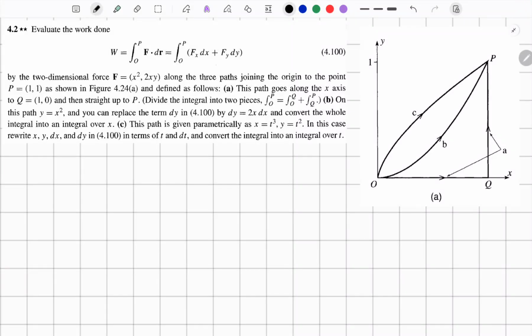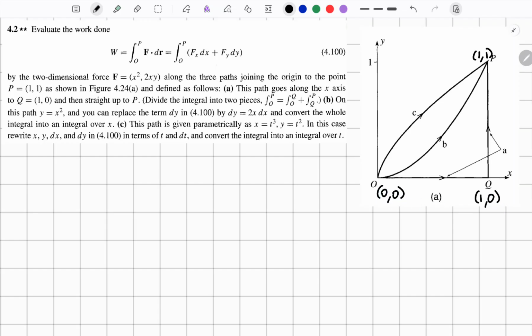We're going to work through problem 4.2 from Taylor's Classical Mechanics. This is from chapter 4. This is a problem on work. We're going to evaluate the work done by a two-dimensional force along these three paths from the origin up to this point P. We're given here that the point P is at (1, 1), Q is at (1, 0), and